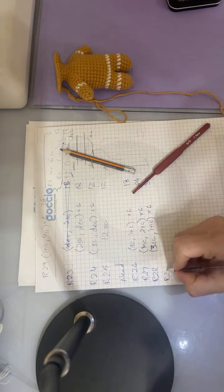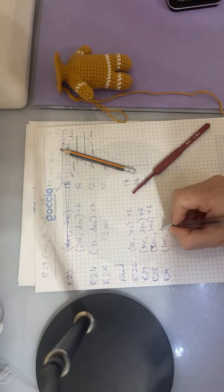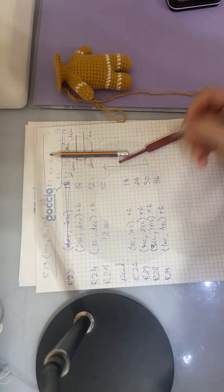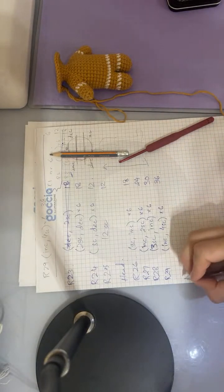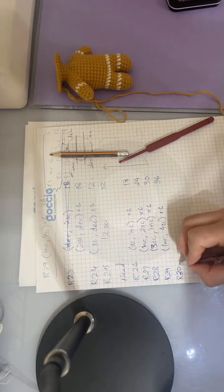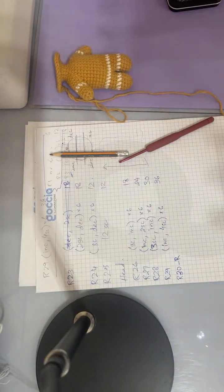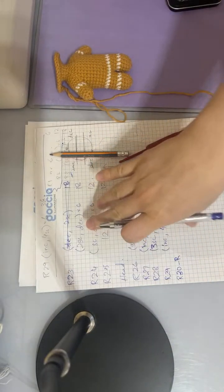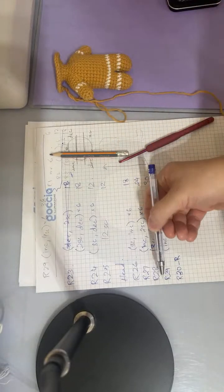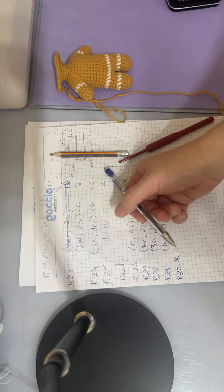So round 29 is one increase and four single crochet. So the total number of stitches will be 36. All right. From round 30, till I don't know which round. In my opinion, normally how I do the circle, like 1, 2, 3, 4, 5, 6. Okay,